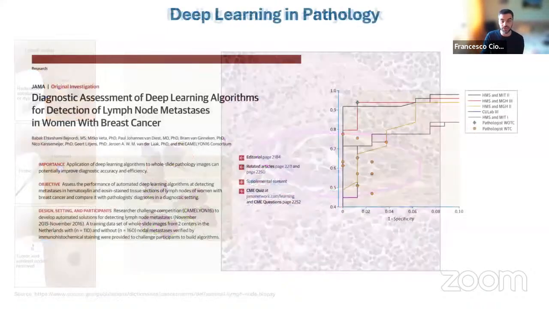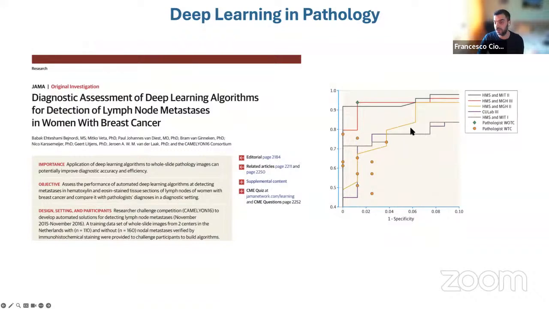So that's why we did this project, and this showed similar results. It's only a zoomed in part of the ROC curves. It's not the full plot, but again, similar story. The dots are the pathologists, and the curves are the ROC curves of not one, but a bunch of deep learning algorithms. So this is a bit of the background, right? The potential that has been shown by these studies as well.